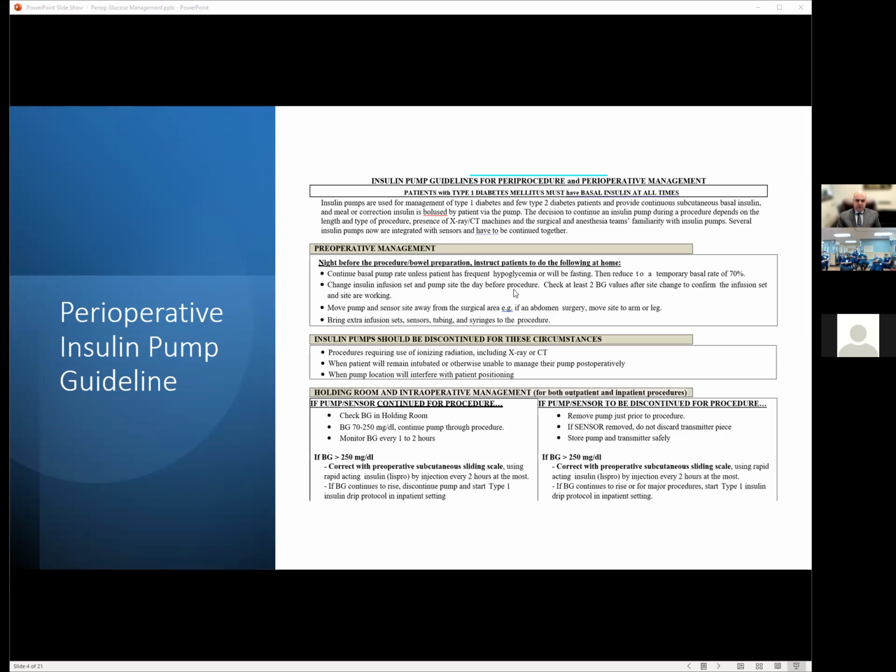changes if they desire. There's some recommendation like setting the basal rate to about 70%. And there are some preoperative instructions for the patients. And there are some exclusions that would still require removal of the pump. Those exclusions involve either technical reasons or potential causes that would incapacitate the patient and preclude them from participating in